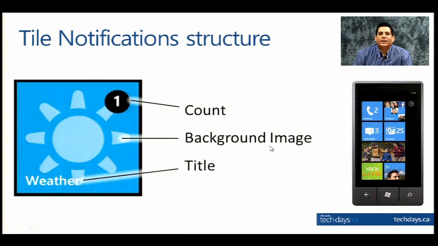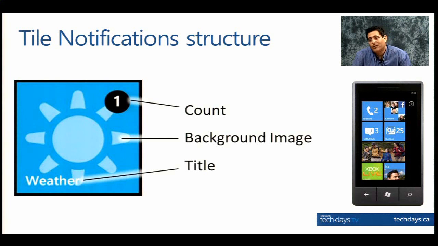Another property is the background image. The background image is an image to display on the front of the tile. It is recommended to always have a background image in front of the tile and not leave it transparent. That image can be either JPEG or PNG files. It should weigh not more than 80 kilobytes. Any image weighing more than 80 kilobytes would be ignored. It should be